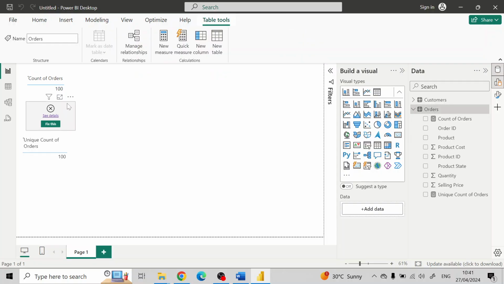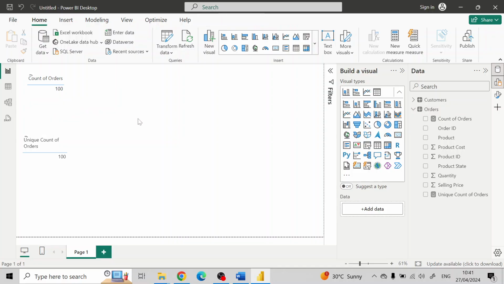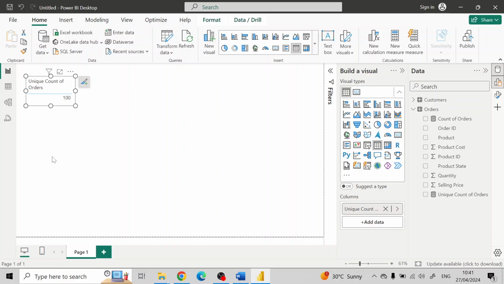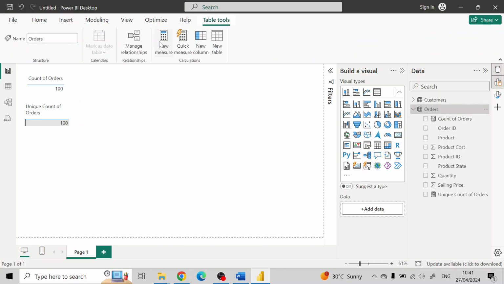Okay, so we can remove this. Now let's move forward and create some more measures, this time for the summation purpose. These two are for the count. Let's do it for sum as well. So under this orders table, I will create a new measure. Click on new measure, and now this time